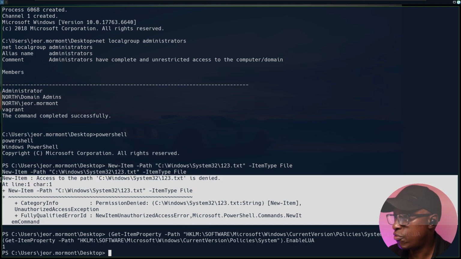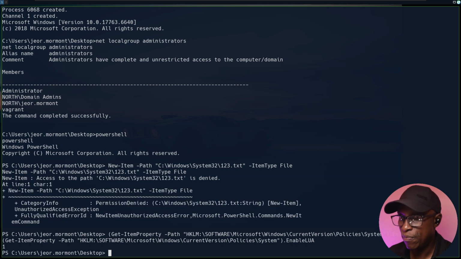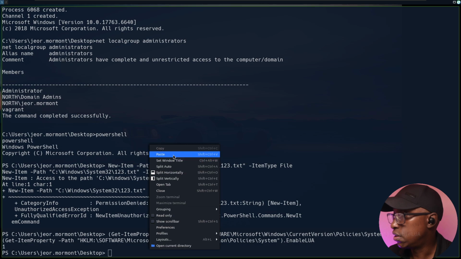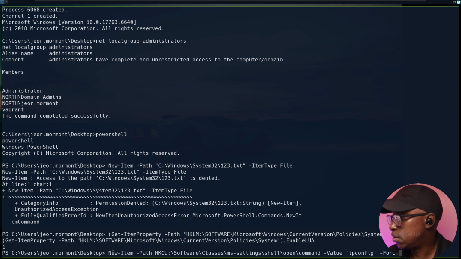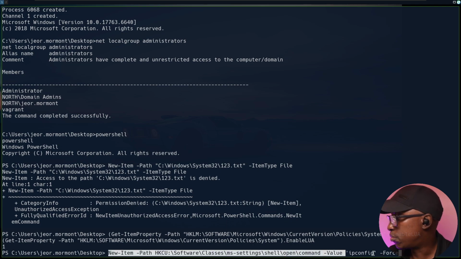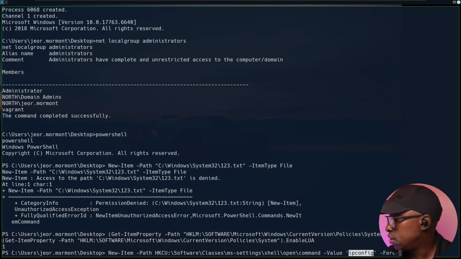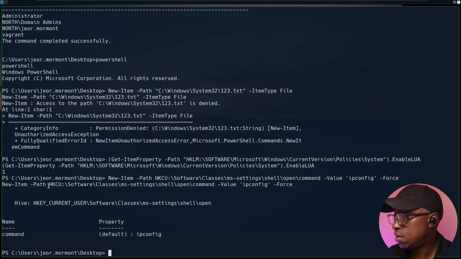And then if we try and run the Fodhelper 3 commands, which is here, and this is probably what you'll be seeing when you're trying to do a UAC bypass and you're getting an error. These are the 3 lines, and I've already done a video on how to do this. If you run this first command, which modifies the path, I've gone through all this in that video, so I'm not going to go through the explanation. This is the first line, and we're just going to put a placeholder command here called ipconfig. Then the second command, which is this one,